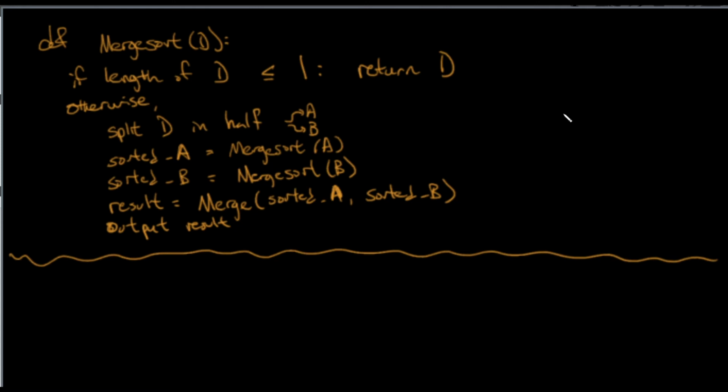What I kind of want to do in this video is go over the merge sort pseudocode that we came up with in the last video, and also maybe make a few intuitive connections to it, and also see if we can make a few runs of this code and see what happens. And so from the last video, what we said was we defined this merge sort operation, or this merge sort method, where we're given D,